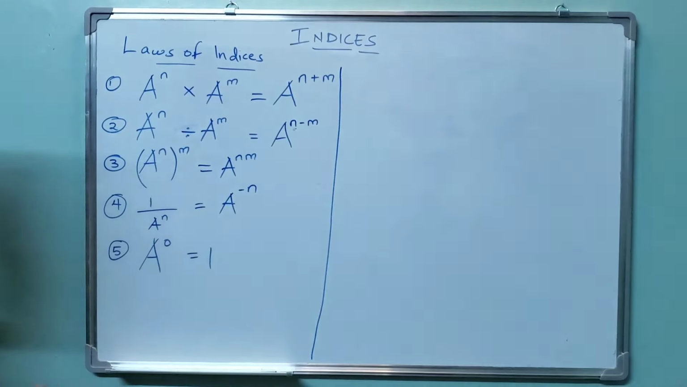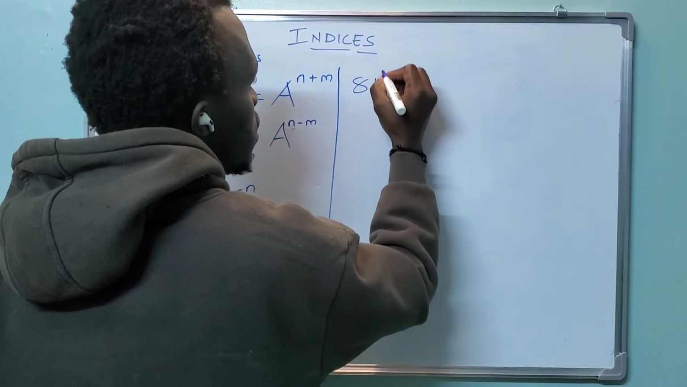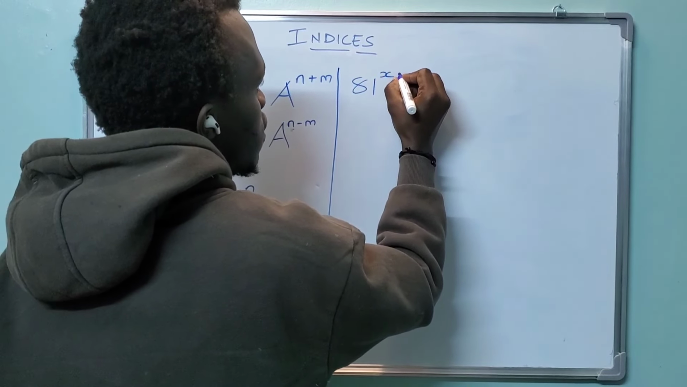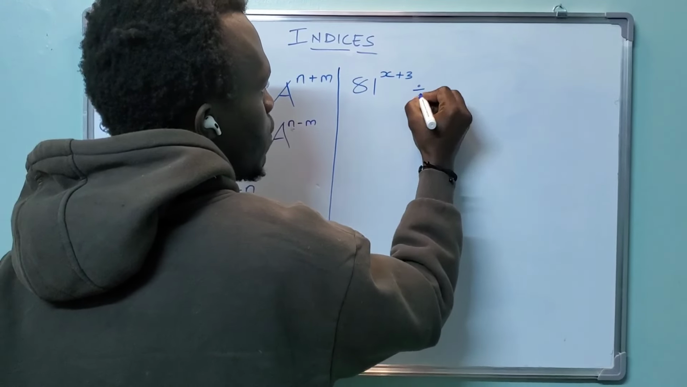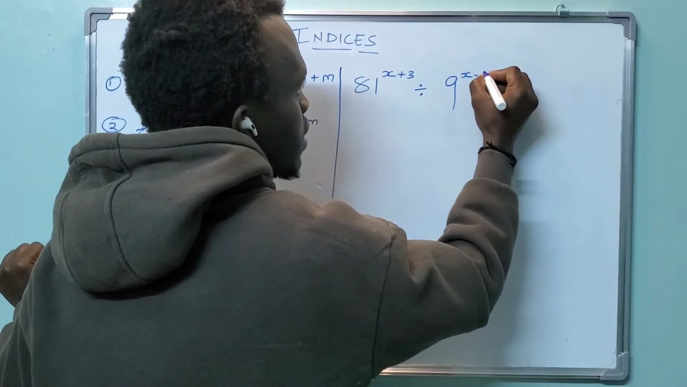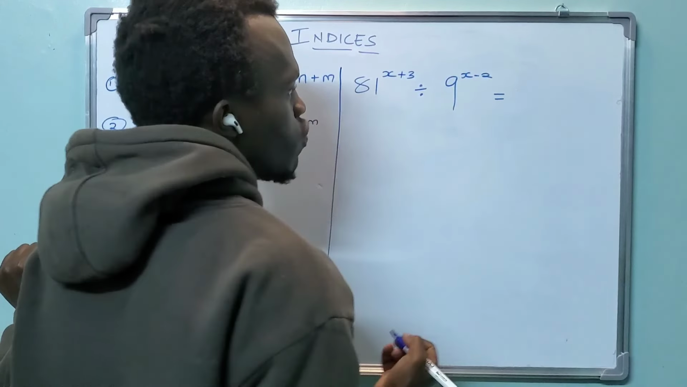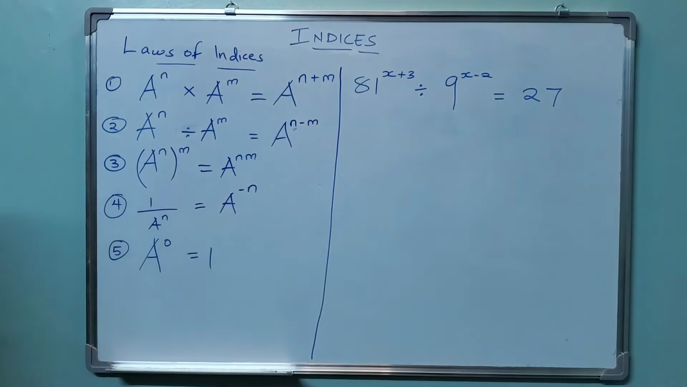So suppose we have a question like 81 raised to power x plus 3, then divided by 9 raised to power x minus 2 being equals to 27. Now let us work out that. Now the very first thing you have to know is that I have to make 81, 9 and 27 to the same base, of which in my case here